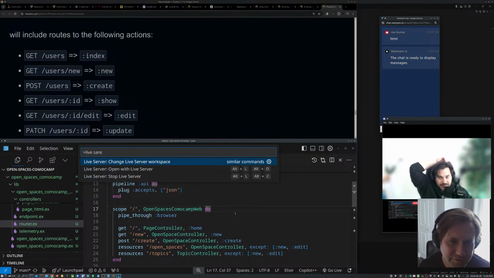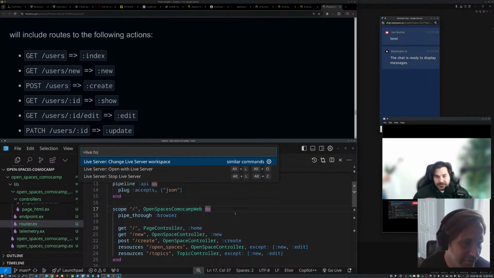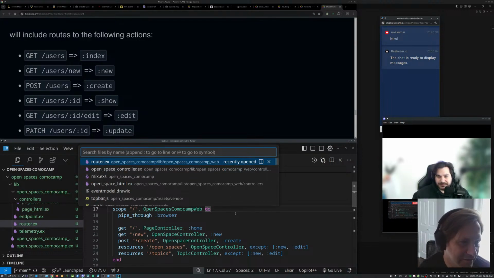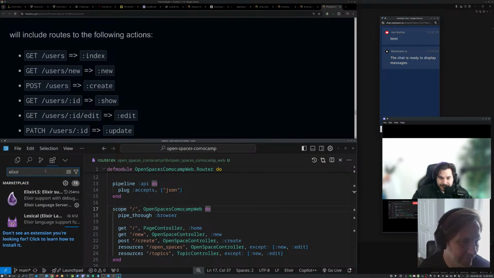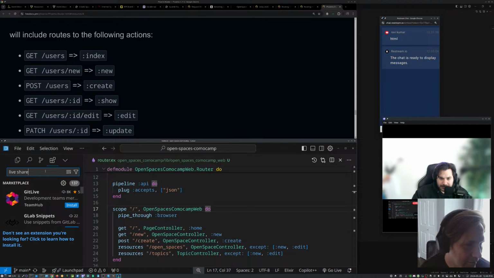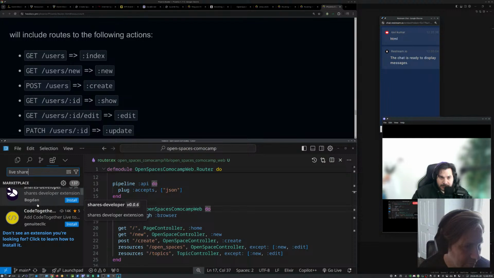Live server workspace. No. It was Live Share. It's no server. Live. Oh, you don't have it installed. Oh, I have to add it as an add-in. Yeah. Code share? No. What's the name of the plugin?